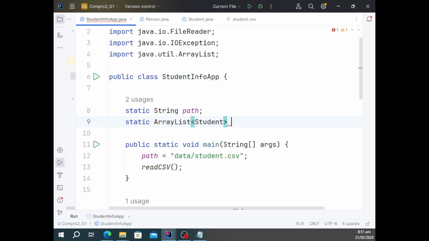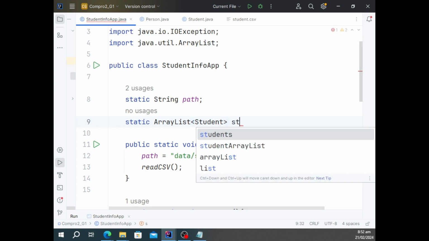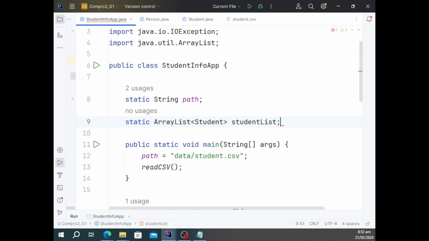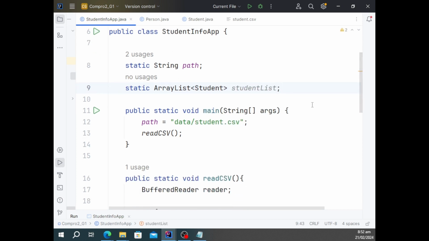Katulad ng sinabi ko sa inyo, we can interchange, we can use, magagamit natin yung napapag-aralan natin sa data structure kay Compro, magagamit din natin yung napapag-aralan natin kay Compro sa data structure. Mag-asawa yun. Okay? Sino may asawa na sa inyo dyan? Okay? Pangalanan na lang natin siyang student list. Okay? Uninitialize. And then,